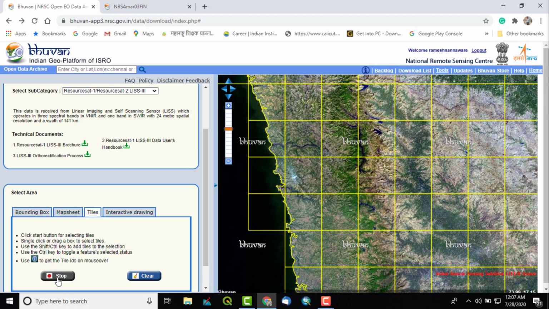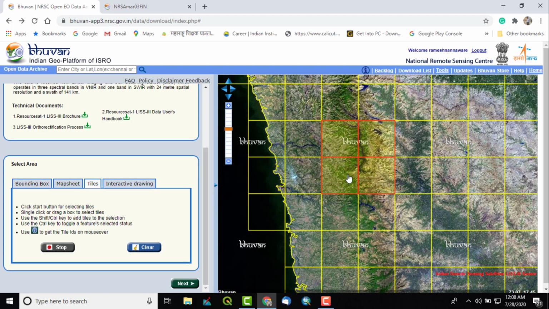After clicking on start, you just have to select any tile, and if there are multiple tiles, keep pressing the shift button. We have to continuously press until we are selecting the tiles. Suppose I want to download these 4 patches of the satellite data.